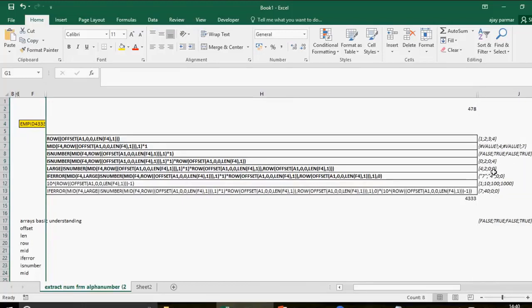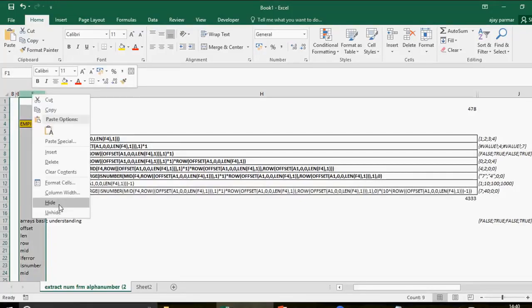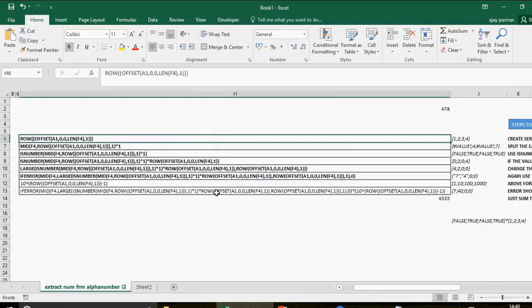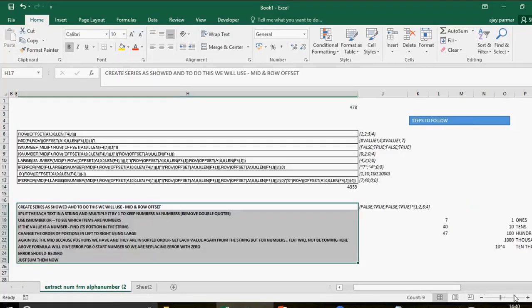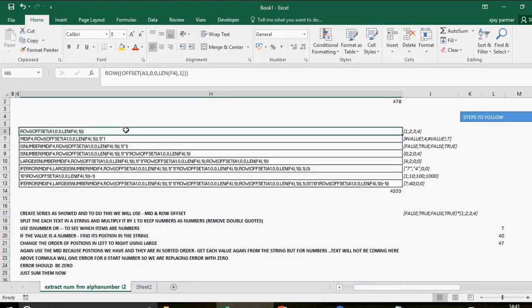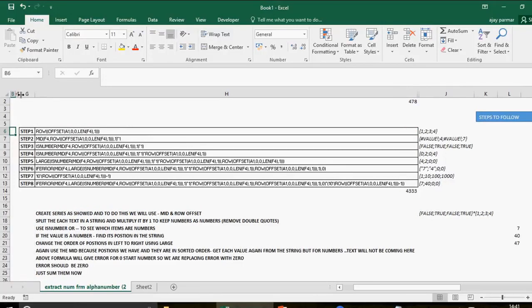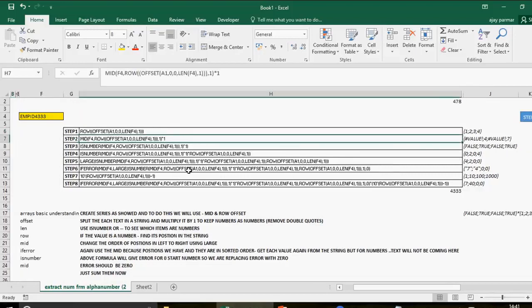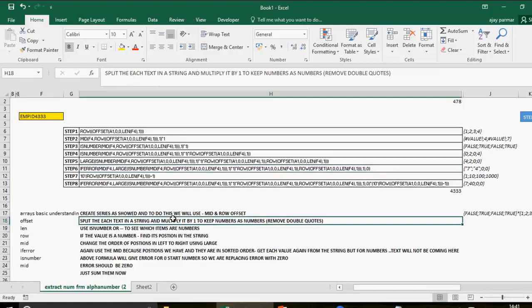You can see here, this is how it is, and I can hide this as well, and I can further go ahead and give some more space, and let me just make sense of it, right? So this way, these are the steps and these are the formulas we have used one by one, right? So I hope now this is going to make a lot of sense to you. You have the answers here, and if you have any questions,